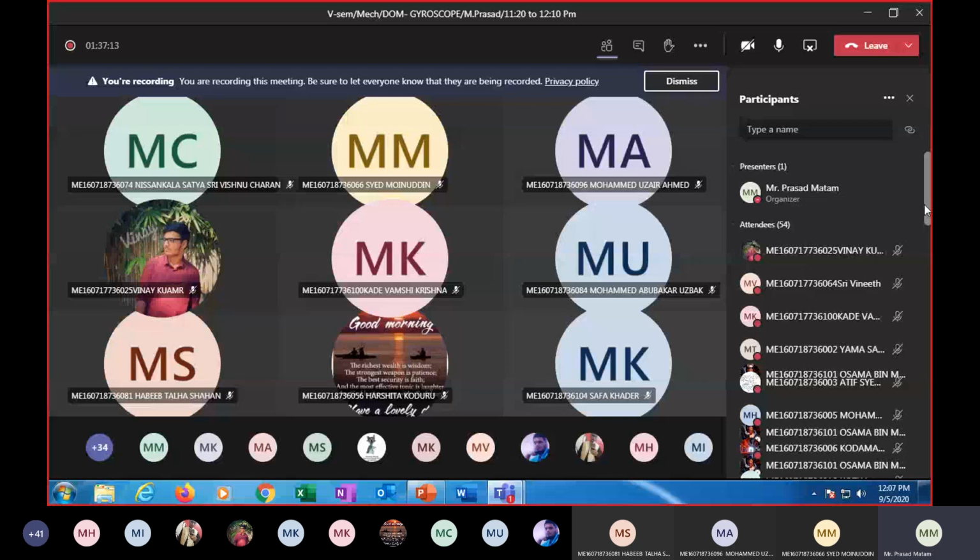I will send it personally on WhatsApp. Don't bother, I will put it in MS Teams as well as send it to students on WhatsApp. Don't bother about the notes. Just listen first to what I am saying. First you have to get the concept, then go through the notes I have given you. Then you will know easily.